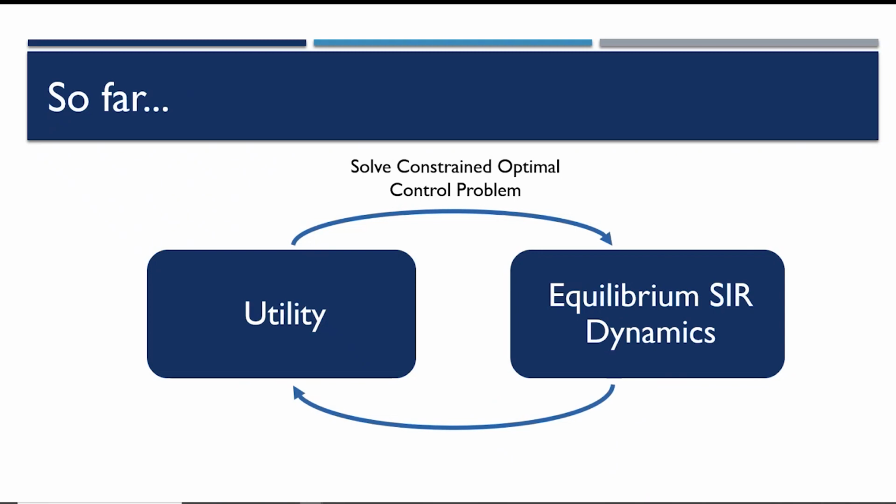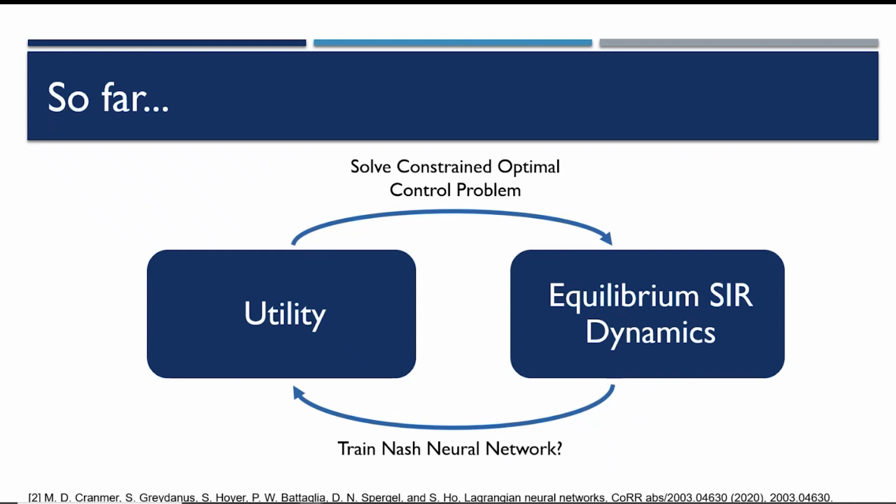The real goal of my PhD is to try and work in the inverse direction. What if it were possible to observe some given disease dynamics and from that infer some hidden cost or utility function that's being optimized by these disease dynamics? I think this would give us great insight into how people react in the face of epidemics. We could see what their priorities are, what they perceive as the cost of being infected versus the cost of social distancing. We propose to do that using a new type of physics-informed neural network, which we're calling